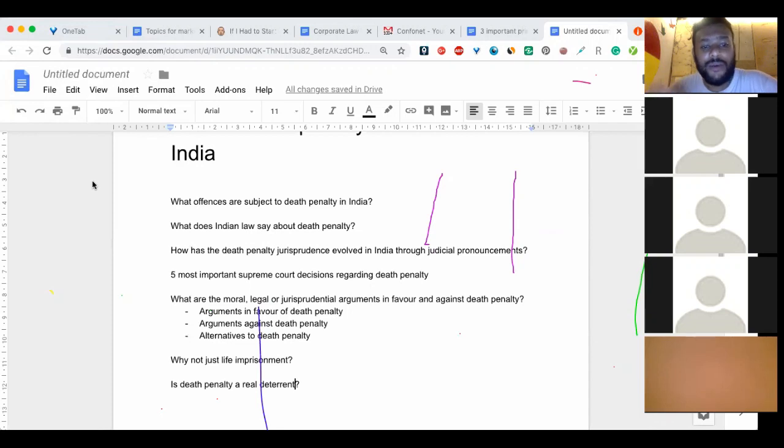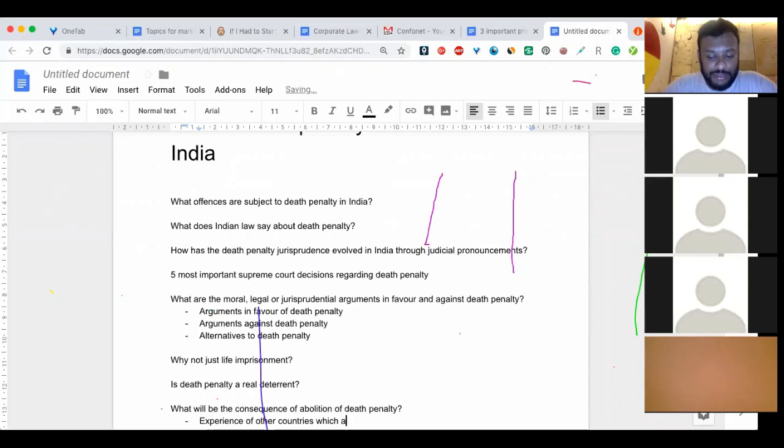What will be the consequence of abolishing death penalty? Like, what are the potential consequences? We can add that, it's a very important question. If you're going to really consider abolishing, you should think about what will be the consequence of abolition of death penalty. So a sub question here could be the experience of other countries